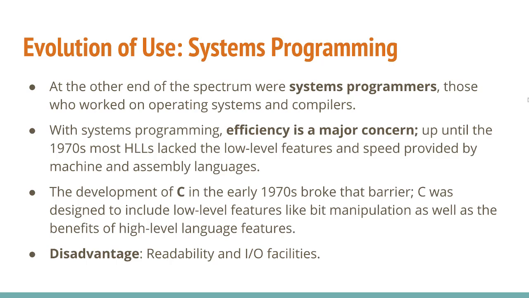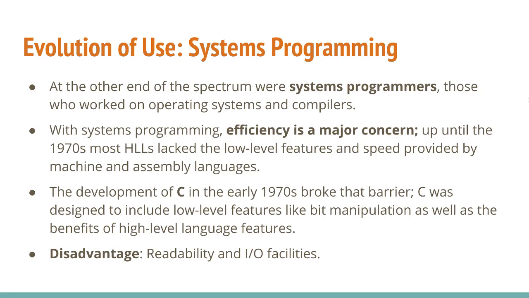Now, the problem with high-level languages early on was they lacked some of the low-level features and the speed that machine languages and assembly languages would provide. Now, C was the one that really broke that barrier. Fortran over time was getting much faster and doing a good job, but C was one that included the low-level features like bit manipulation. You can actually do that in C and C++,